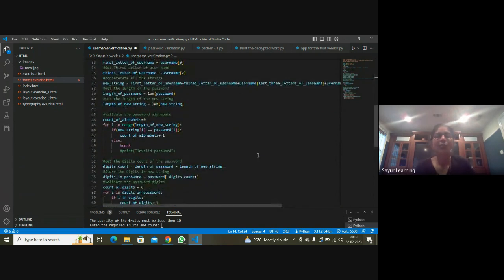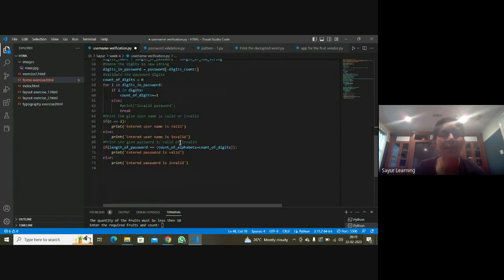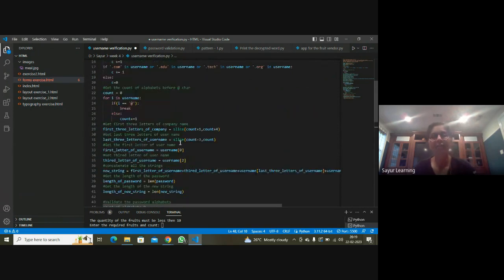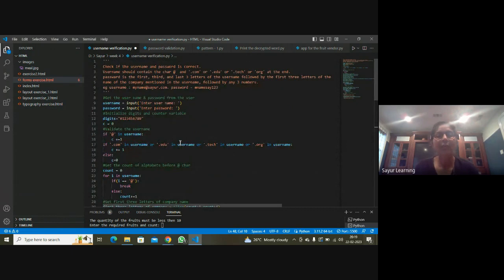So first of all, the other two, Maheshwaran and Nikesh, do you have any comment? Do you have anything? What do you see? Let's only look at the starting of the code, the first few lines where he's validating the username. So let's look at it until that part. Any comment? What do you guys think? Looking at the code.